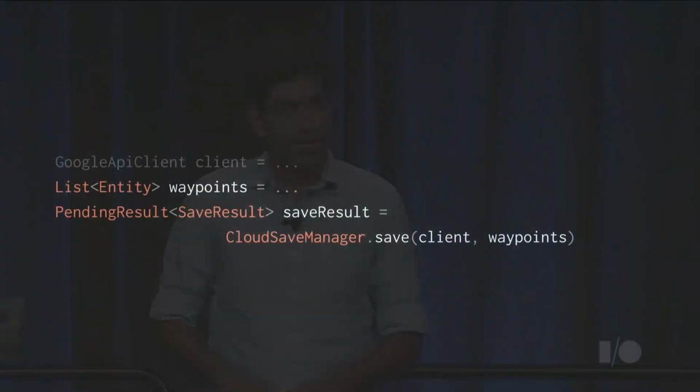So let's drill down into one of the APIs. Let's say you want to save some data. All you have to do is create the list of entities you want to save, then call CloudSaveManager.save and provide the API client, and also provide the list of entities you want to save, and that's it. It's going to return you a pending result, and this pending result is like a future object